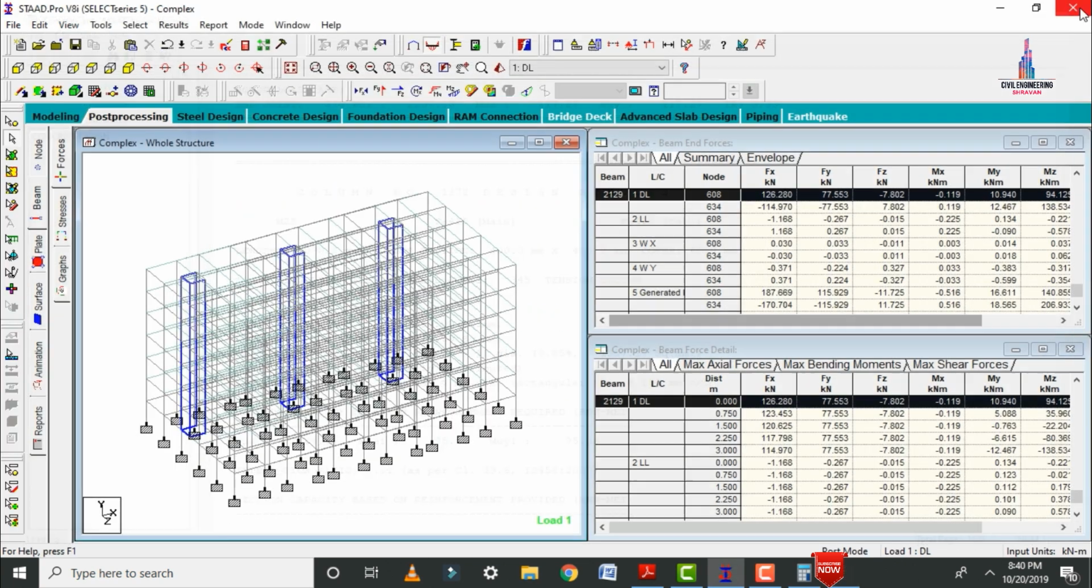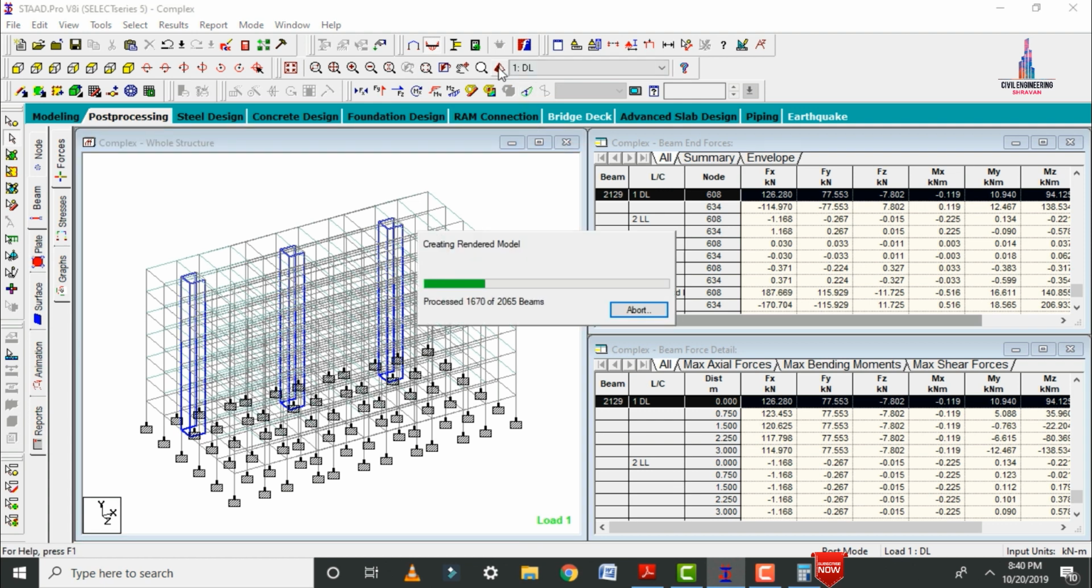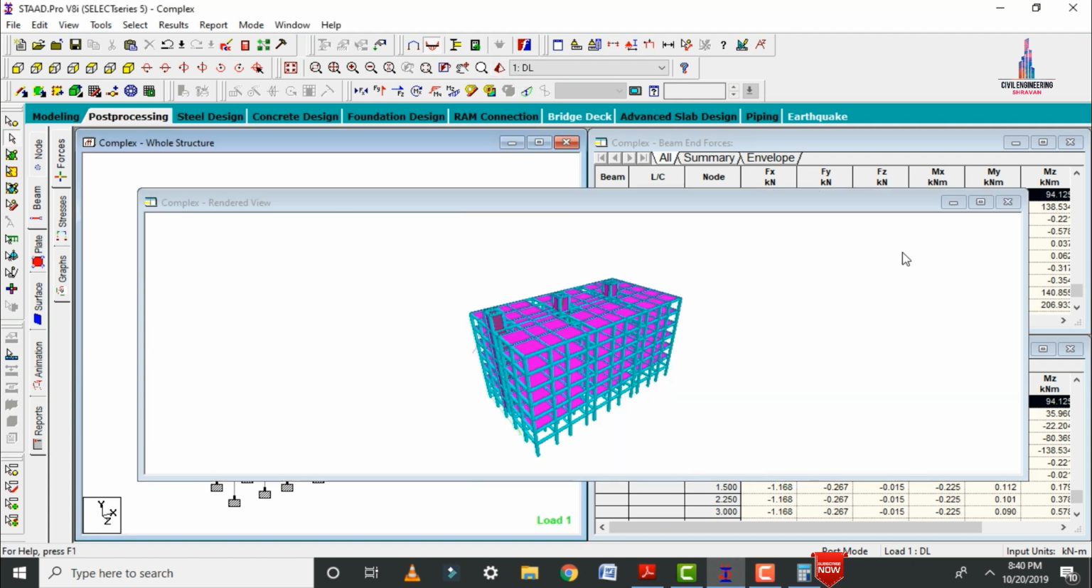Okay, so this is the complete process, analysis and designing of your respective G+5 commercial complex building by using STAAD